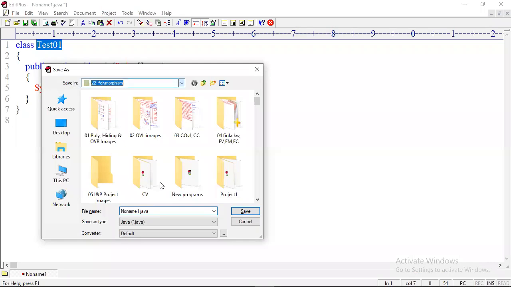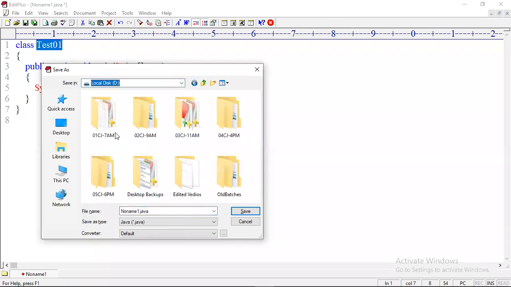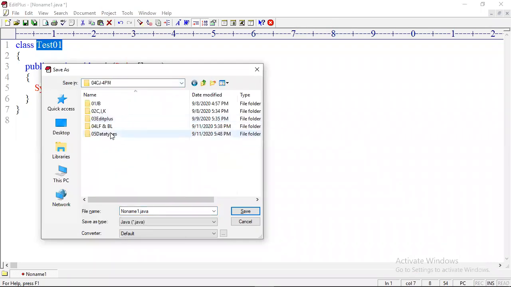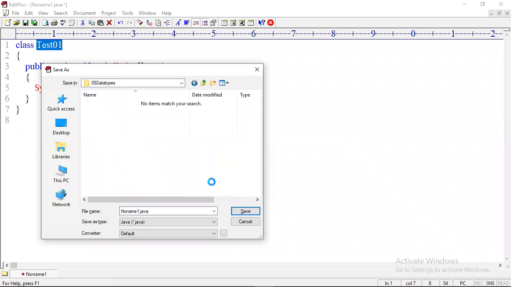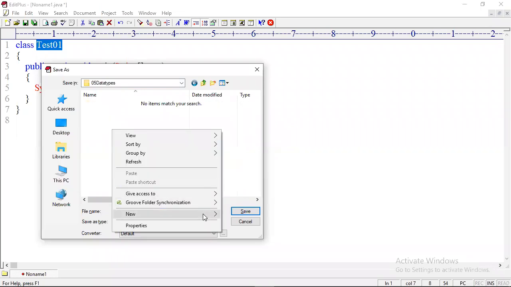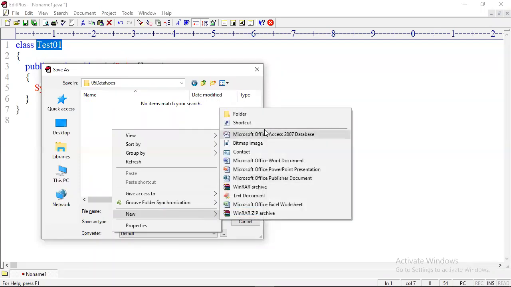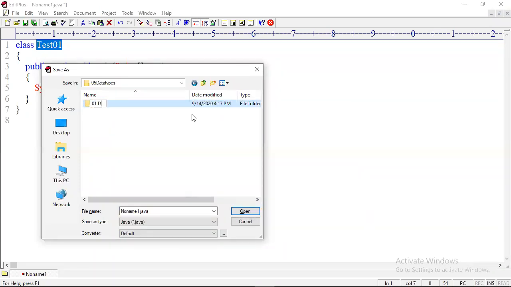This is the first program I am writing in the data types chapter. Go to your folder, the data types folder. Here in data types, we are learning 4 sections. The first section is data types, variables, arrays, and class objects. This is the first section we are trying to deal with. Then we are also learning